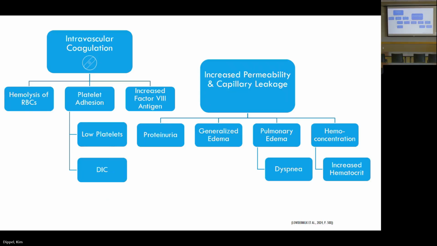So platelet adhesion: you get low platelets because they adhere against the wall of the vessels, and then you have increased factor VIII antigen. Now, increased permeability and capillary leakage, that's where you get your proteinuria, you have generalized edema,